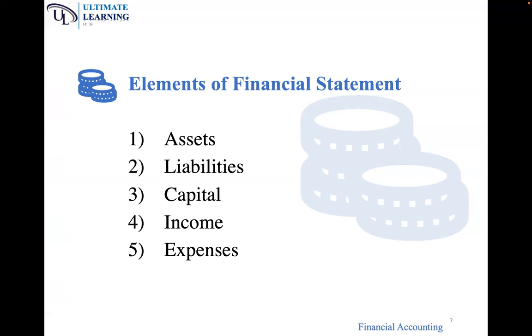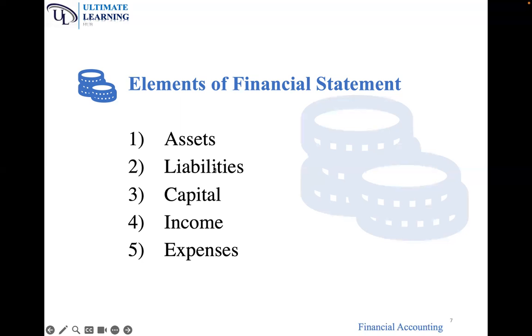In the next session on conceptual framework, we'll be defining these elements in detail. So basically for now, assets are what the business owns. But in the conceptual framework, when we define assets in detail, we'll see that these are resources controlled by the business entity as a result of a past event, and there must be future economic benefits to flow to the business. For now, let's just know assets as what the business owns.